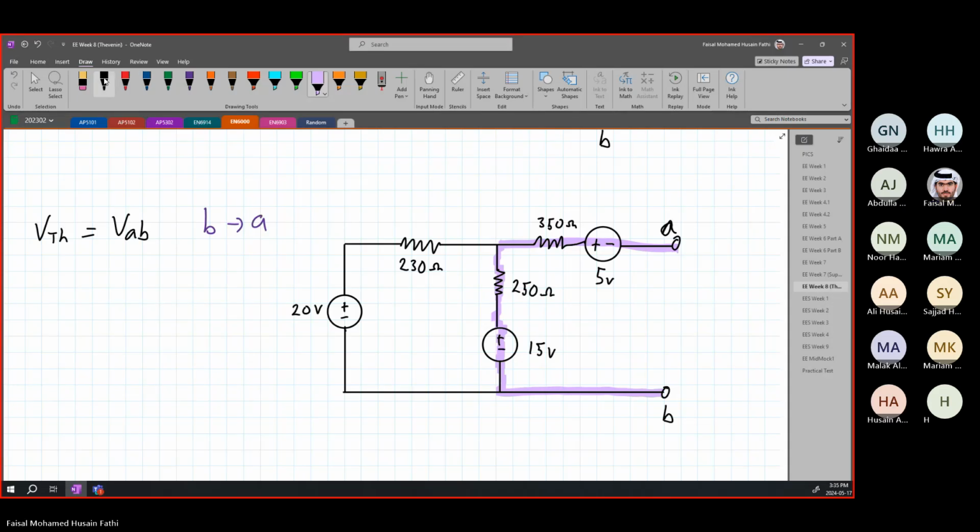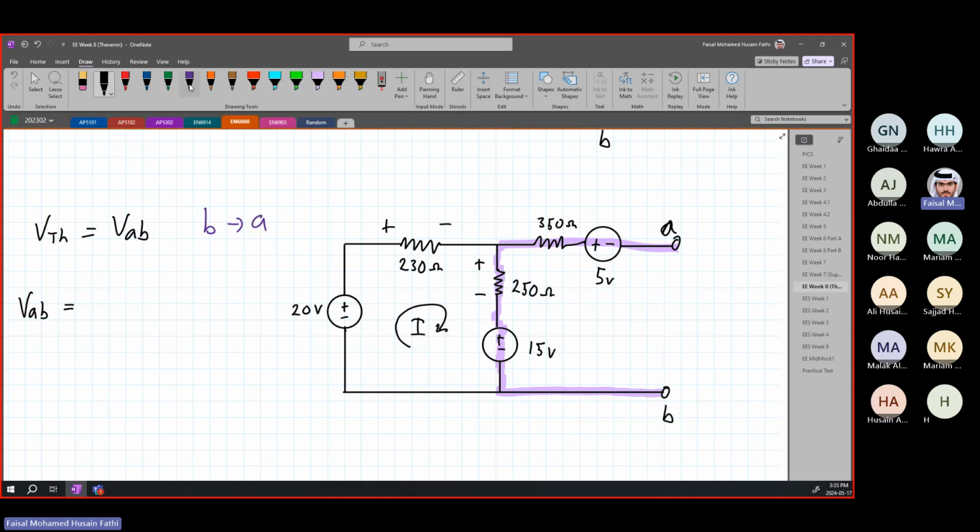Okay. First thing, we need to identify a current flowing in this direction so that we know the polarities of the resistors. Let's identify current going in this way. This is current I. So this is going to be plus minus. This is going to be plus minus in that way. Okay. So if we apply the KVL rule for VAB, we know that VAB is going to be equal to,